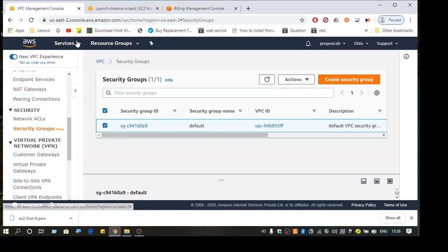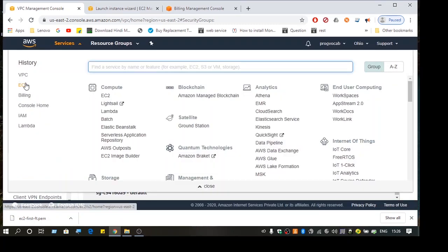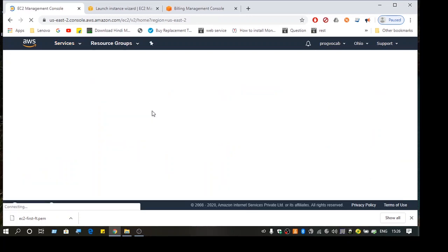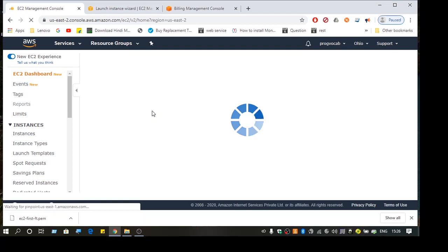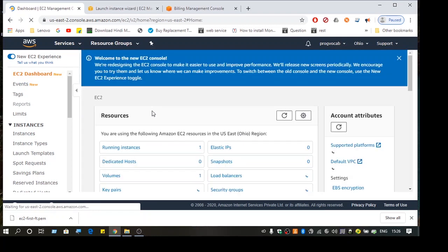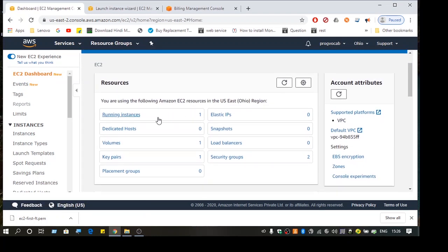So let's go to the services EC2 and then let's see whatever instance we have created, what's the status of that. So yeah, you can see there is a running instance here, there is a volume here, there is a security group, there is a key pair. So let's check out our running instance.